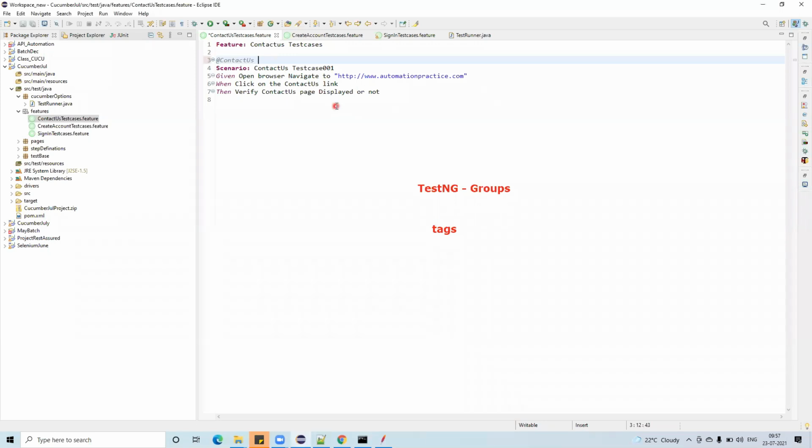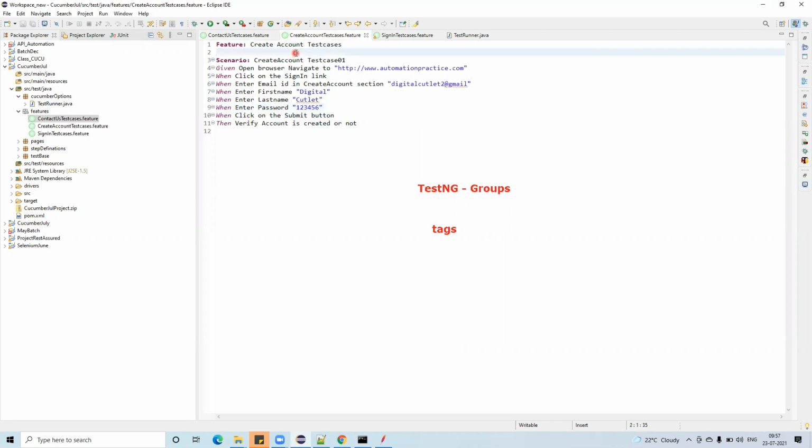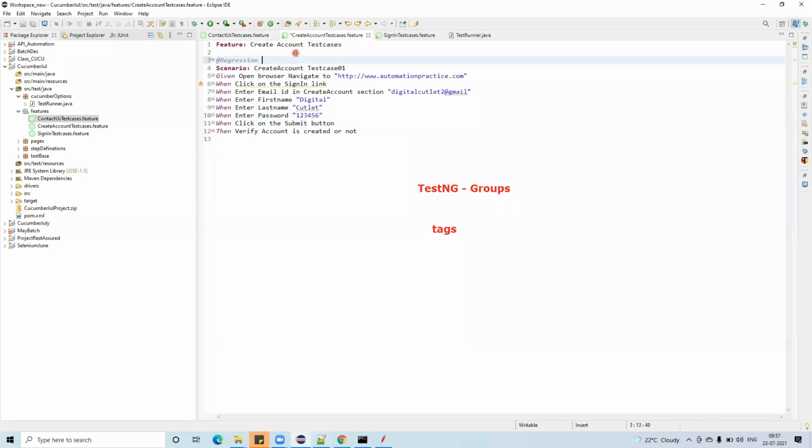You can also provide more tags; no need for commas and all those things. Just provide that this comes under smoke. By default, each and every test case belongs to the regression group. Each test case belongs to regression, and a few test cases belong to smoke. I'll go here, copy this one, and go here. This is regression, and also it is create account.